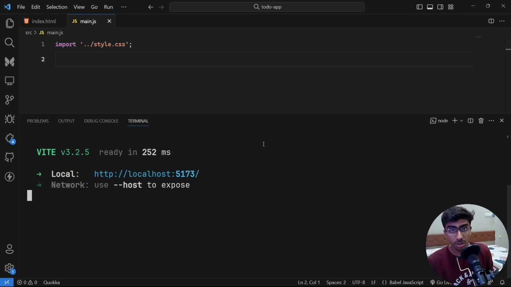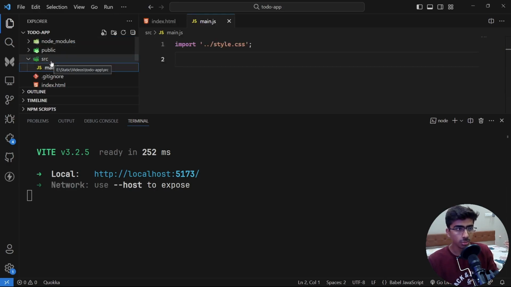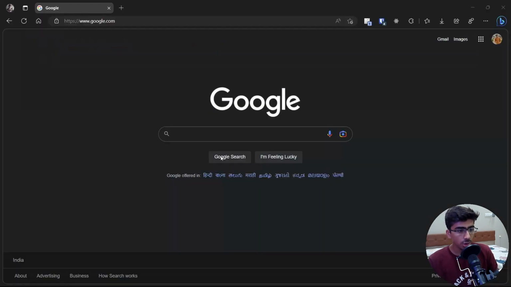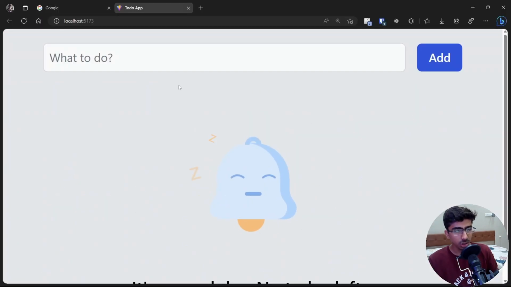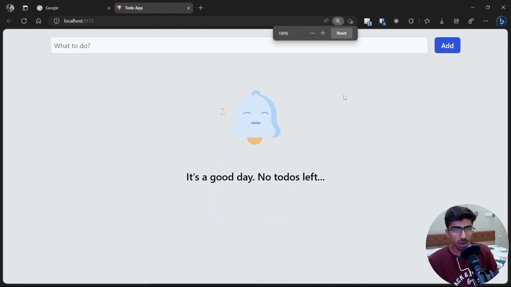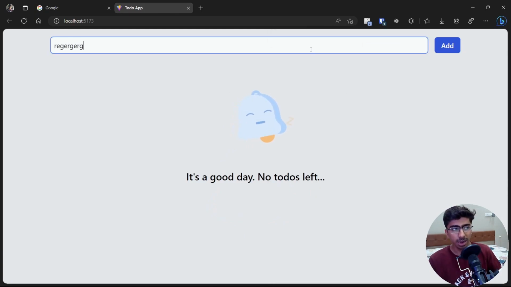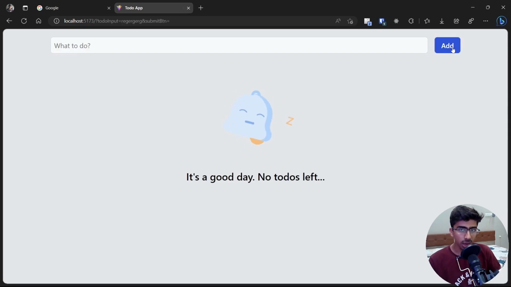Remember, this is the command that we are going to use because we are using Vite and we're not using the normal HTML, CSS and JavaScript. Alright, so if I click open this is how it looks. We launched it and this is how we designed the home page. Now what I want is when I enter something inside of here and I click add, it should get added